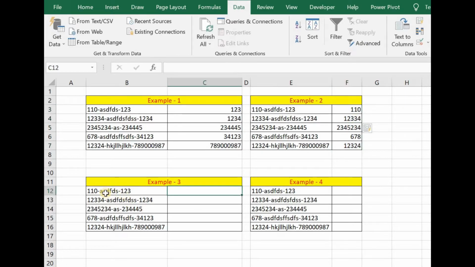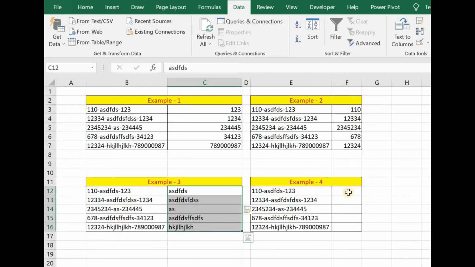Similarly, if I want all the middle alphabets, for that, for example, I will just type what is in the middle alphabet and press Enter, and if I click Ctrl E, all the alphabets which are in the middle have been